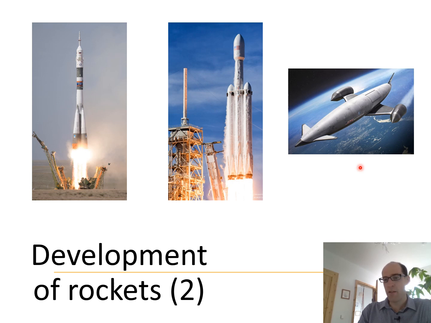It's a computer-generated image because if I'd showed you this 20 years ago, it would have been a computer-generated image. And if I'd showed it 40 years ago, it would have been a hand-drawn image. And if I show you it in 20 years, it will probably still be a computer-generated image because single-stage-to-orbit reusable spacecraft are a unicorn almost that everyone has been chasing for a very long time, and the economics and engineering do not yet work out because it is just not an easy thing to build something that can take off under its own power, maybe horizontally as this Skylon was designed to do, reach orbit, land, and then